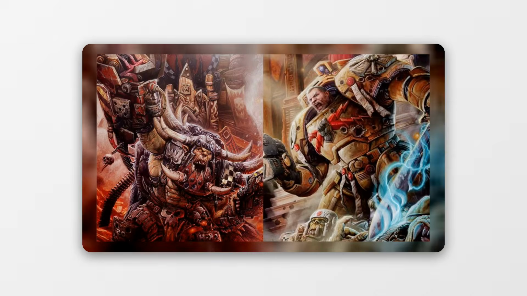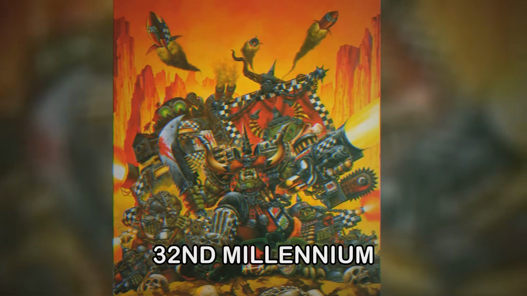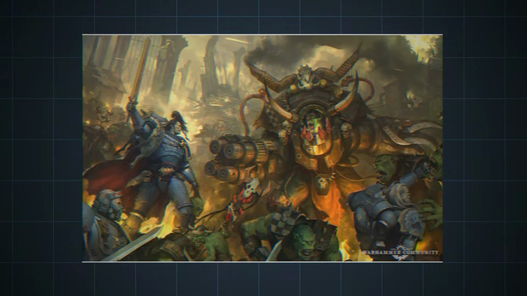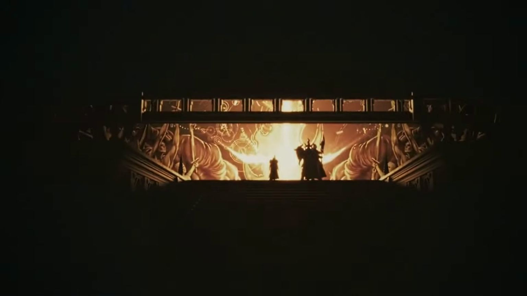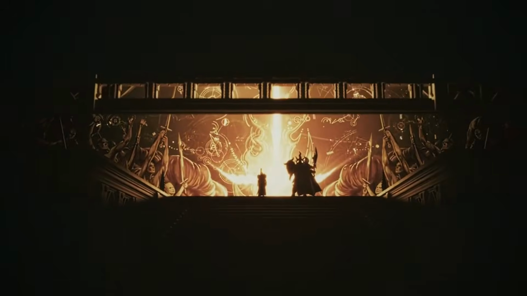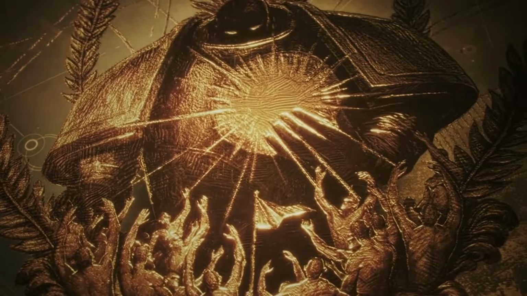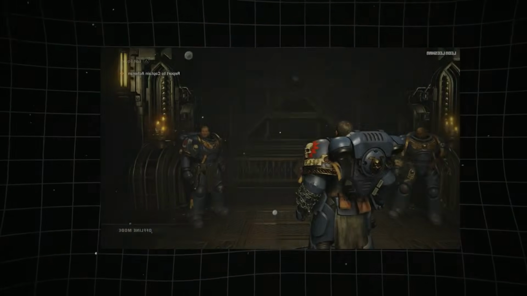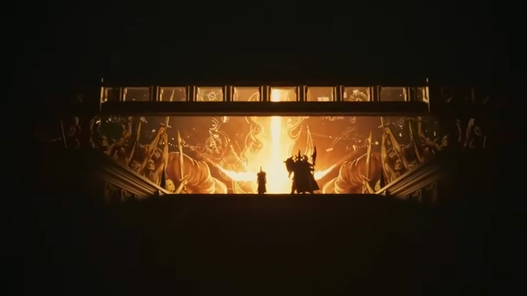The Imperium, still reeling from the heresy and the subsequent scouring, faced a new internal cataclysm known as the War of the Beast. This devastating conflict, unfolding in the early 32nd millennium, saw the emergence of an unprecedented orc threat. Not mere Waaaghs, but a unified, technologically advanced orc empire led by a single colossal war boss known simply as the Beast. This creature was of such immense size and psychic power that he dwarfed even the largest Space Marine dreadnoughts, and his forces wielded technology far beyond the crude scrap metal usually associated with orcs. The Beast Waaagh tore through the Imperium, annihilating entire star systems and threatening Terra itself. The scale of the invasion was so immense that it nearly shattered the already fragile unity of the Imperium.